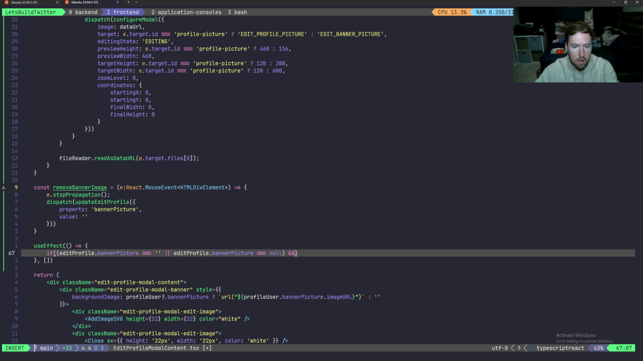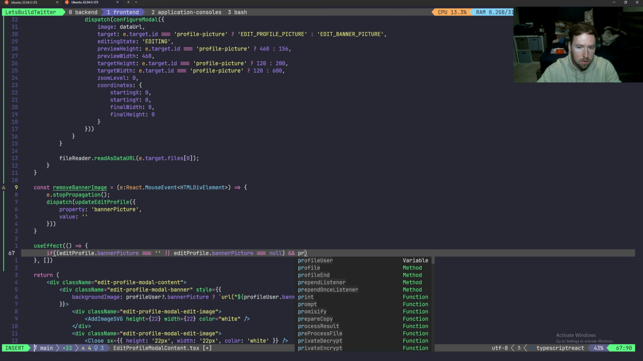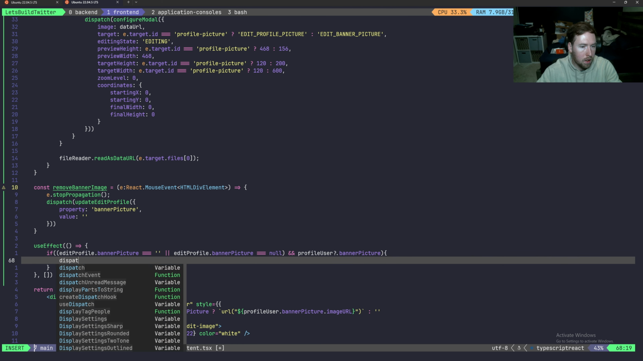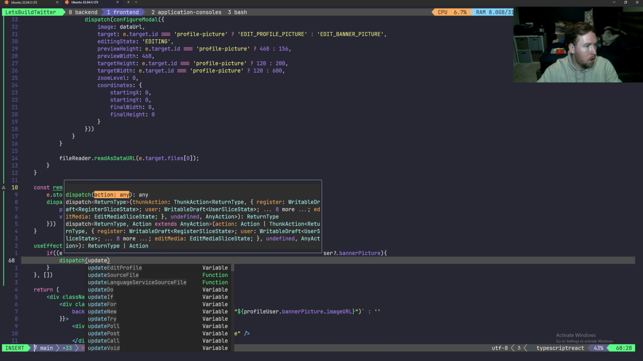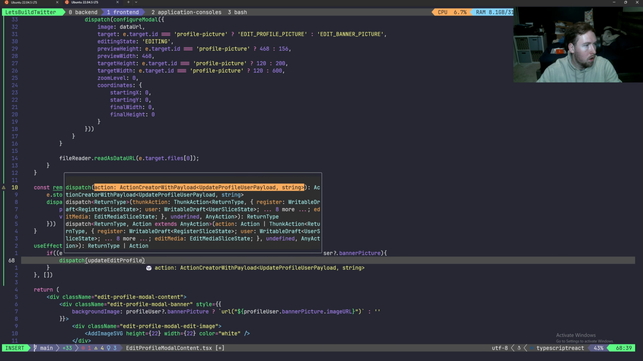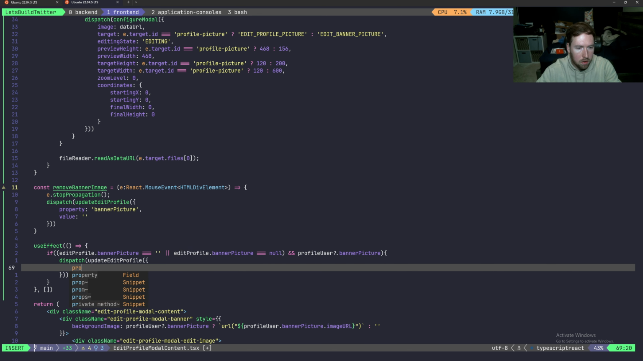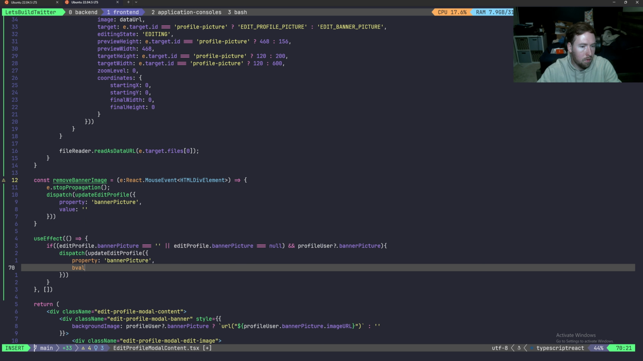So if we removed it, and our profile user question mark dot banner picture. So basically we're going to go ahead and replace this. So we're going to go ahead and dispatch our update edit profile, and we're going to pass in our property, like a type, is once again going to be banner picture, and then we're going to have the value, value is going to be profile user dot banner picture dot image